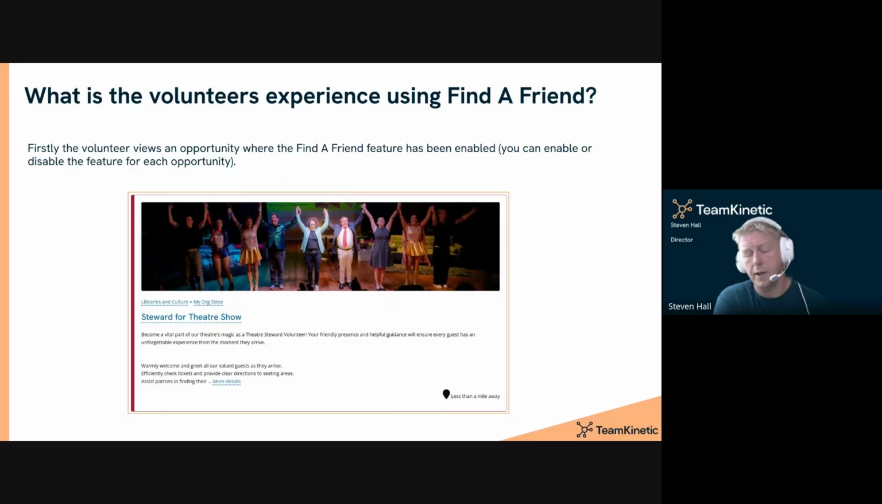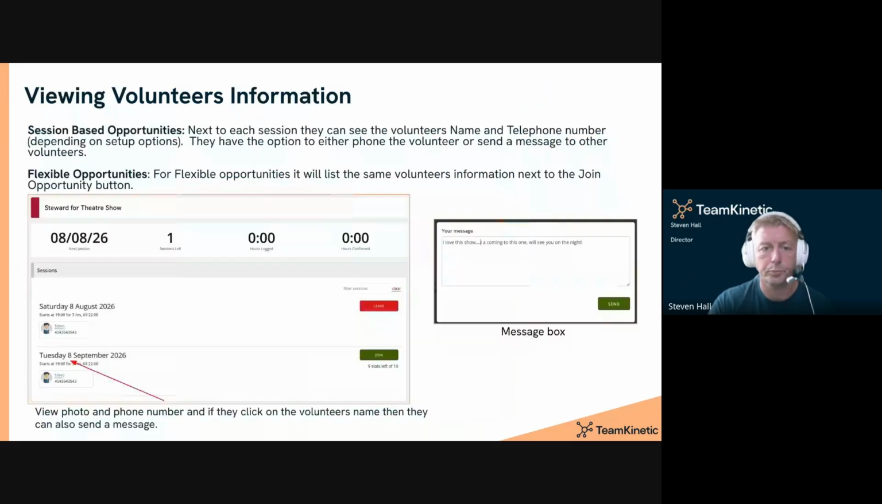This is taken just from the search pages, the see an opportunity. Once they click into the opportunity, it depends whether the opportunity is session-based or flexible. It will appear slightly different, pretty similar in all honesty, but there will be some slight differences. But essentially, the one you're looking at here is a session-based opportunity. So once they click into it, you can see on the right-hand side where they would normally click the join